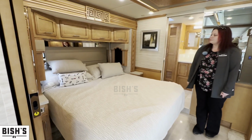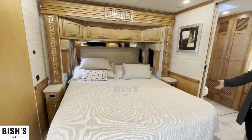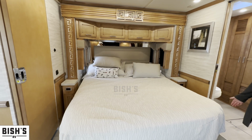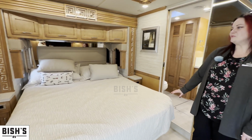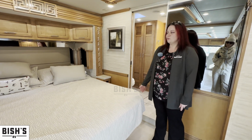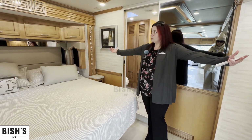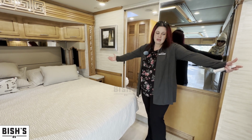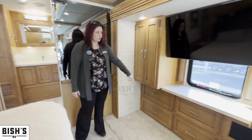And back here in the bedroom, you see this is a full-size residential king bed. So if you wanted a different mattress, like I'm picky about my mattresses, you can put whatever one you want there and it will fit. It also will not fold when the slides come in. And this is a 3-slide model, so both slides are out right now, which gives you plenty of standing space here, plenty of wardrobe space, drawer space,